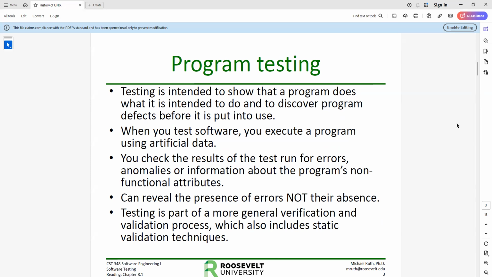Okay, pretty simple. When you test software, you usually execute a program using artificial data. You give it fake data, check the results, boom, is it the results you expect. You check the results of the test run for errors, anomalies, or information about the program's non-functional attributes.